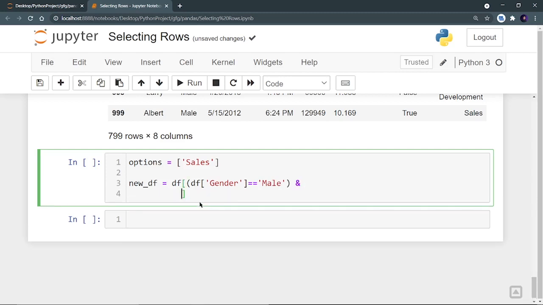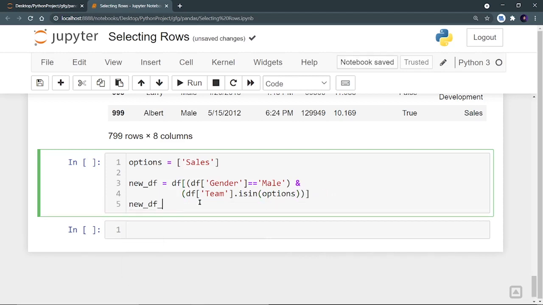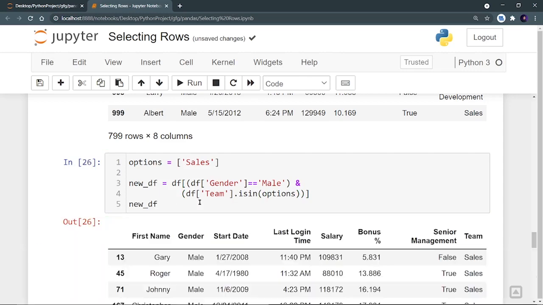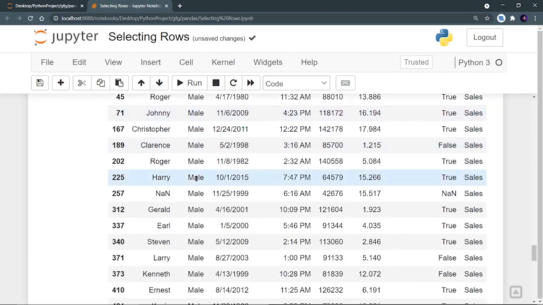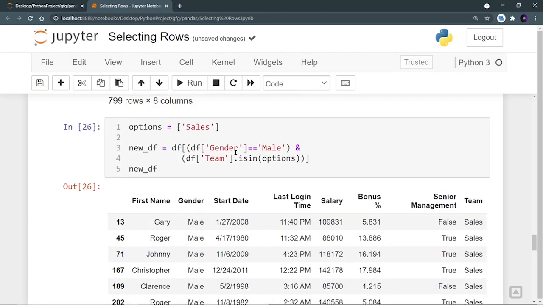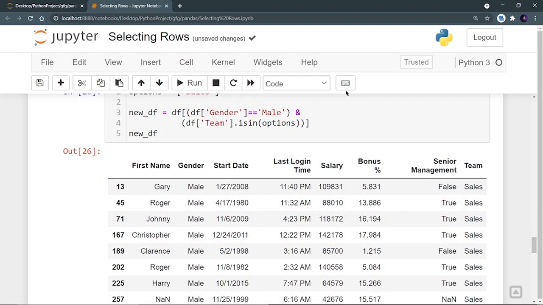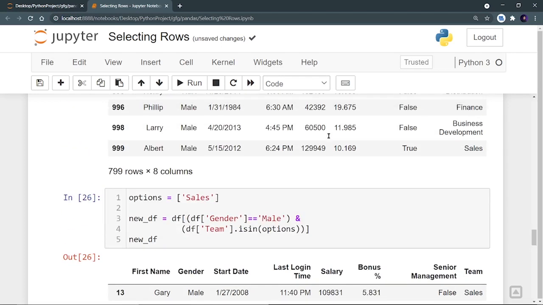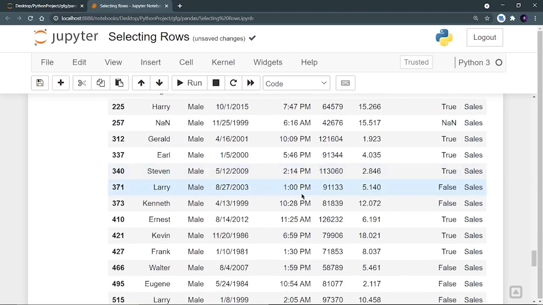And my second condition, again in rounded brackets, is df at team dot isIn options, right? And I will print this new data frame, and we can see that all the males belonging to the sales team are printed. That means both the conditions are satisfied, that the employee should be a male and he should belong to the sales team. So these were the methods of how we can select the rows based upon some conditions.